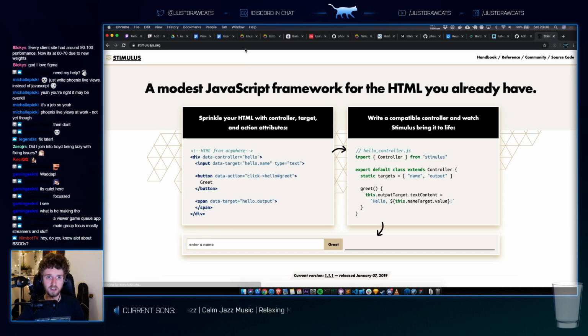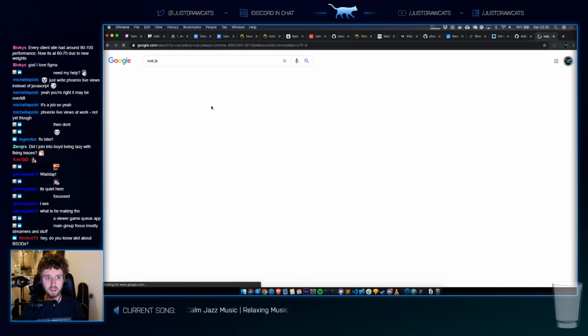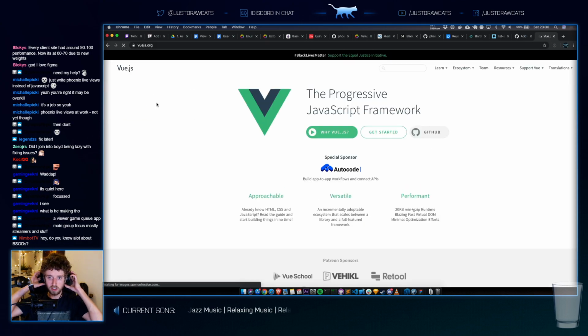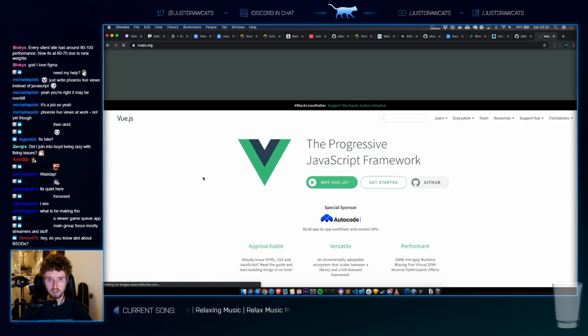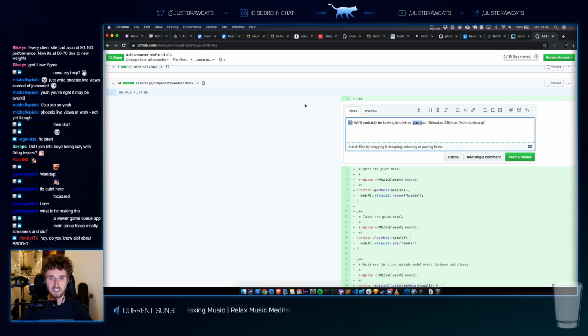Vue also works very well. I haven't worked with Vue before, but I know Vue works very well with server-side rendered content. It's just like tinkering on top. And so it might actually work very well for us. But we're looking into that.